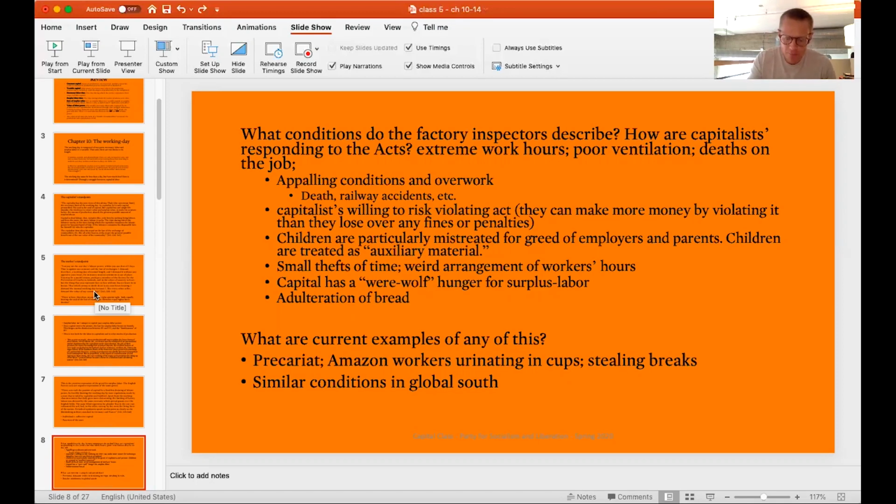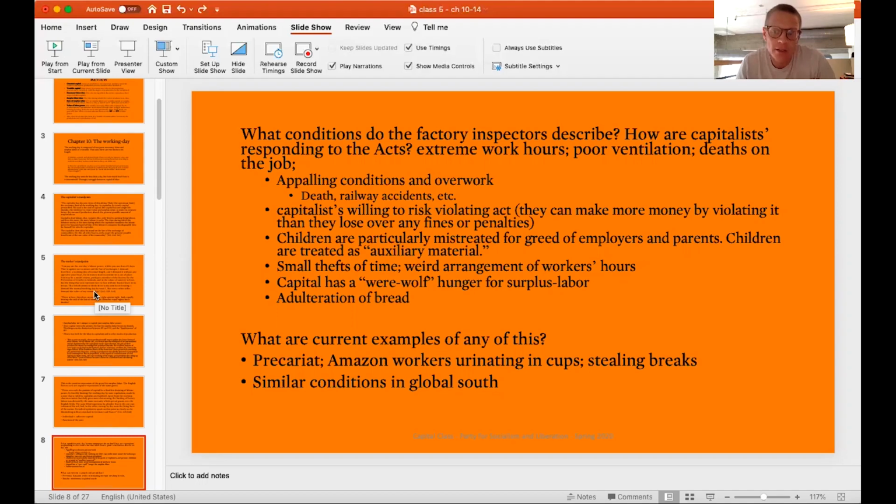And it's interesting that Marx is quoting very favorably from the factory inspectors, who were really agents of the capitalist state, or the capitalist and landlord state, and they can be really useful for the class struggle. They're kind of testimony. They also can reveal the function of the state as an entity that manages inter- and intra-class conflicts, and how it can support one group of the ruling class against another, right?